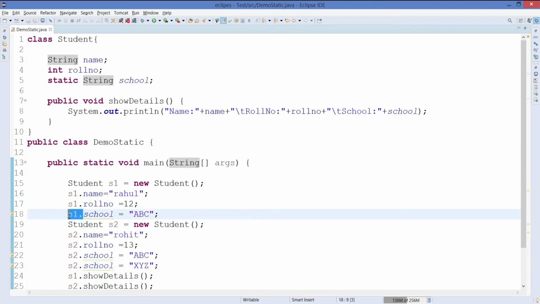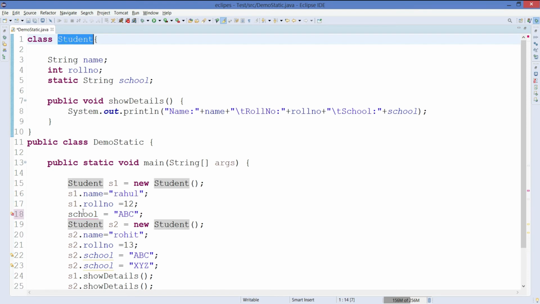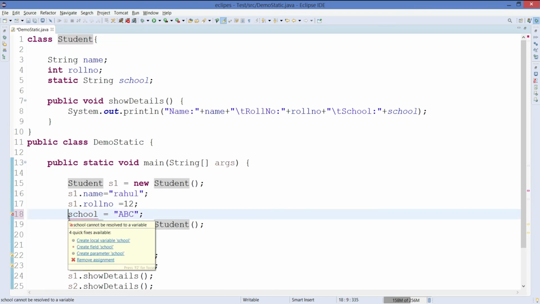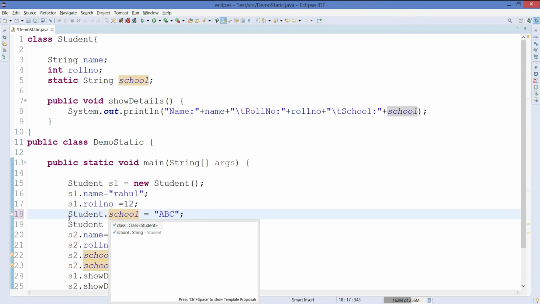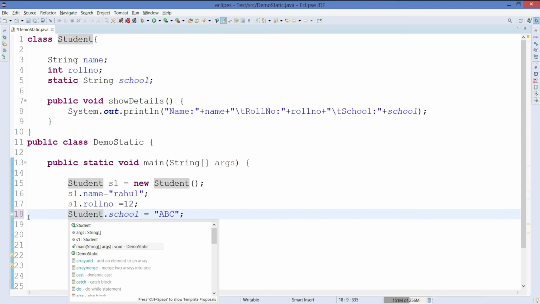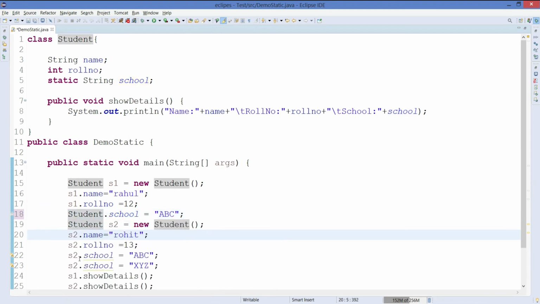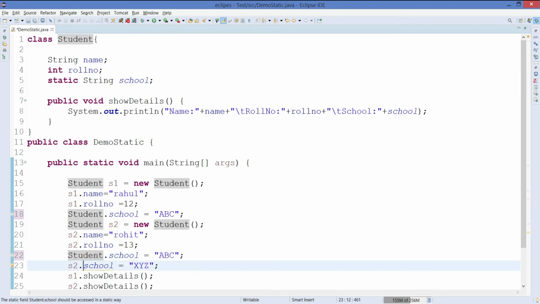If I move this school, I can use here the student class. We need not mention the object. We can use the student class name to assign the value. Okay, so if I give here student, that is valid.